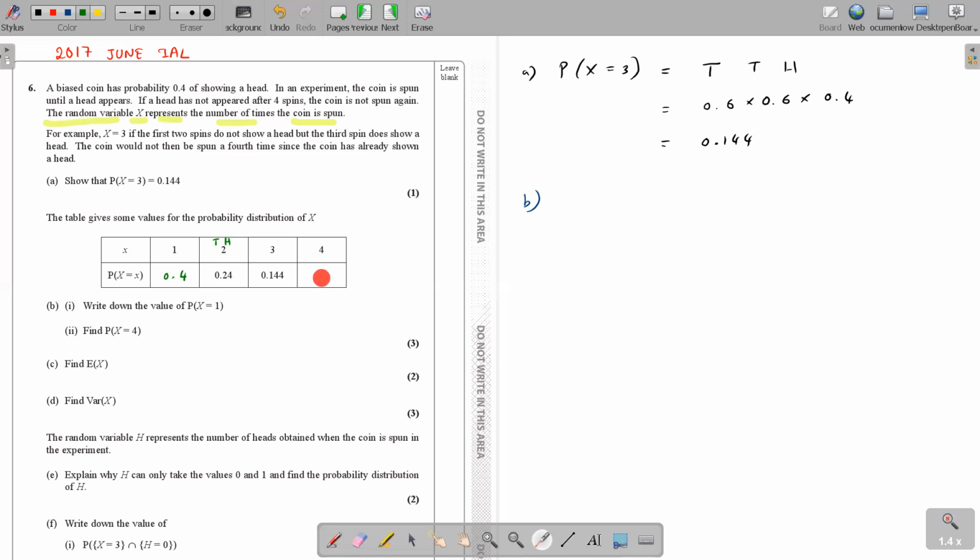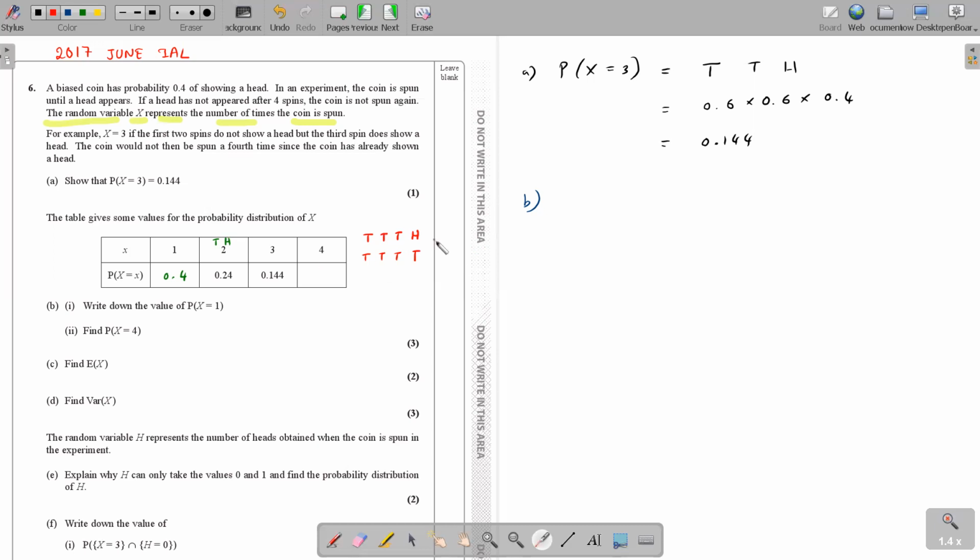Or else, if you want to check it out, you could actually see how you get X equals 4. You get tails, tails, tails, and a head. Is that the only way? No, you could also get 4 tails, because even if everything is tails you still stop at the 4th one. So there are two branches here: tail, tail, tail, head, and all tails. Each branch probability must be found, and then you add them.